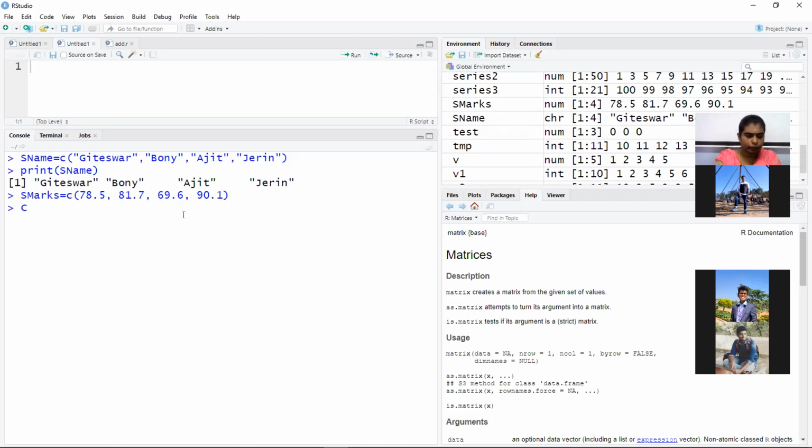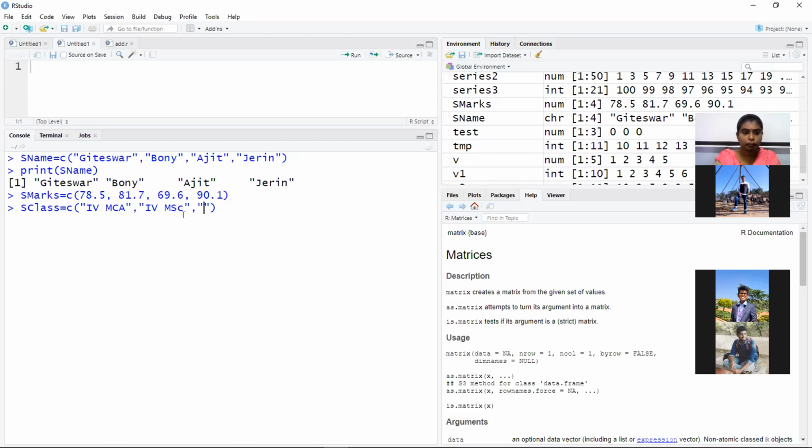Then I'm going to create the student class. I'll say maybe a 4 and say A. Then I'll say fourth. Don't mind that, I'm just doing it to understand and giving fourth benefit.